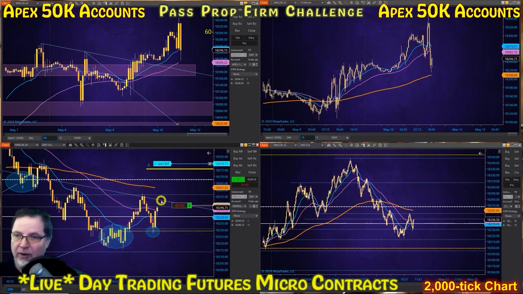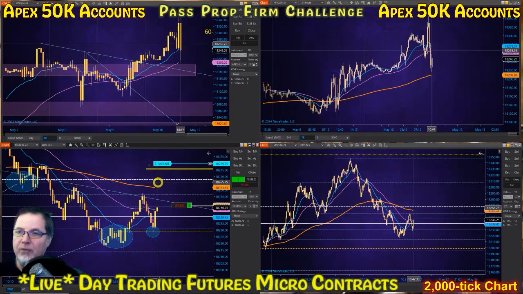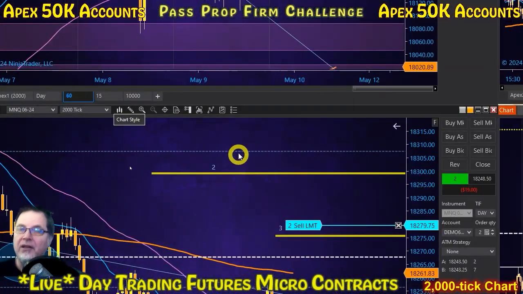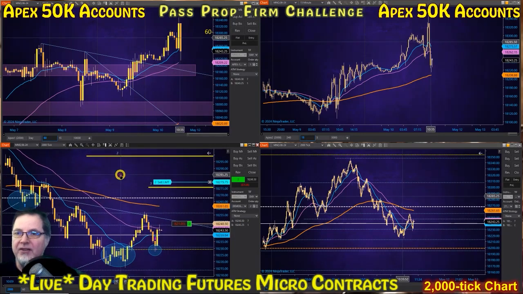So yeah, I came all the way back down, stopped me out of the add, and now it's going back up. We'll see what happens. I'm only holding the two. I know where my average price is for those two. We already had a winner on the first trade, so if it gets back up here, we're still positive for the day. So it's still early enough to just kind of let this thing play out.